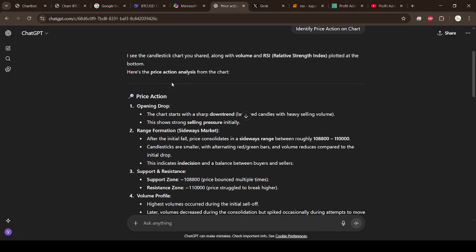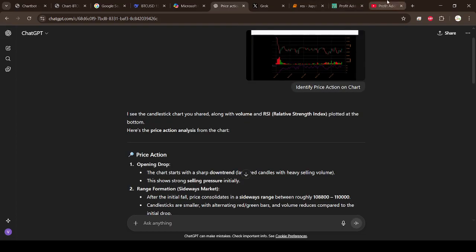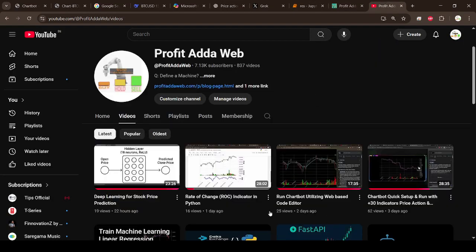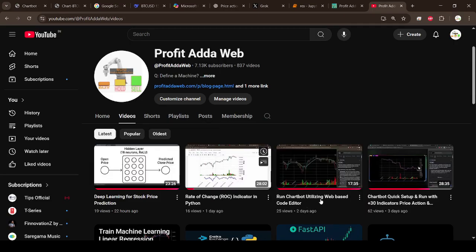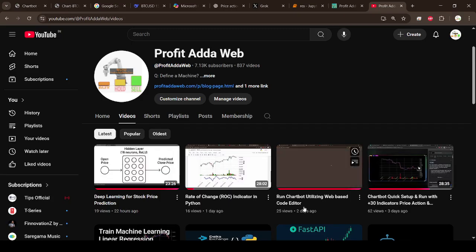And one more thing I've done: suppose I run this chatbot utilizing a web-based code editor. I opened this in Visual Studio, and with the help of port forwarding, using Microsoft GitHub Codespaces, Visual Studio and all of that, I will get a link. With that link, I can open it, and I can make it public or private. Definitely it will be private, and if I sign in,